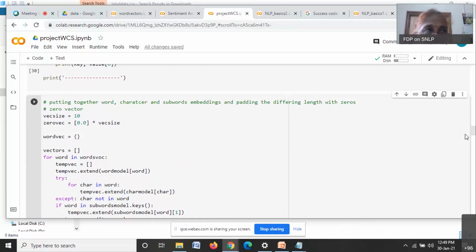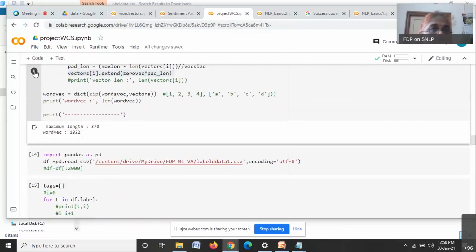But if you look at the actual thing that has to be done, it is not so. So what do you mean by putting together word, character, and subword embeddings? There are three arrays. You just concatenate them. That's all. Even to concatenate, there are various options in Python. But the only thing you have to take care of, if you are constructing your own embeddings, is padding the differing lengths with zeros.